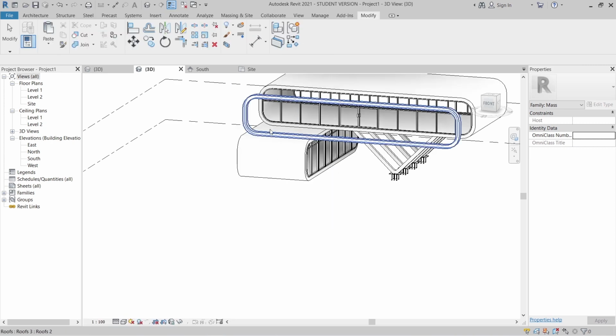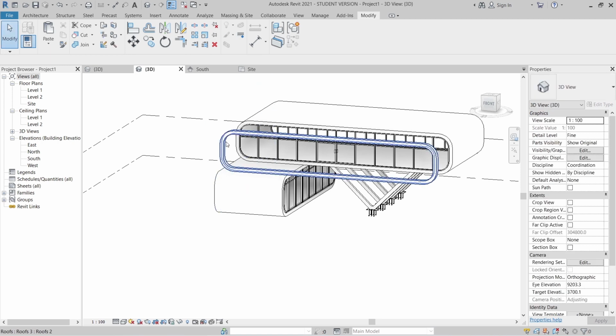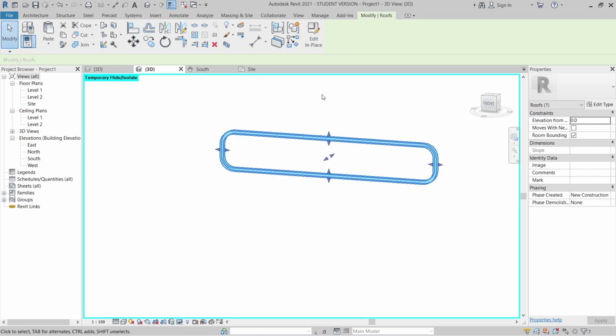Because for some reason we placed our curtain wall panel here, we are hardly able to pick our previous one, so I need to hit HH for hide element first.